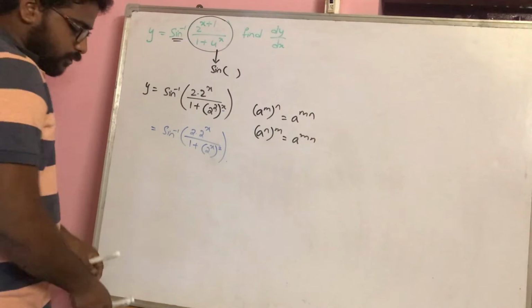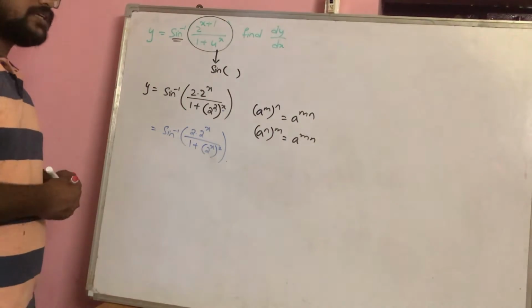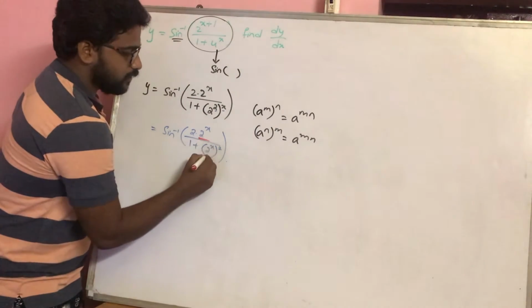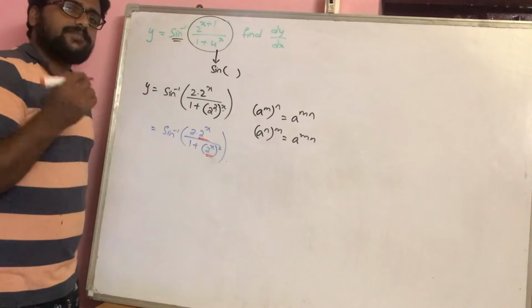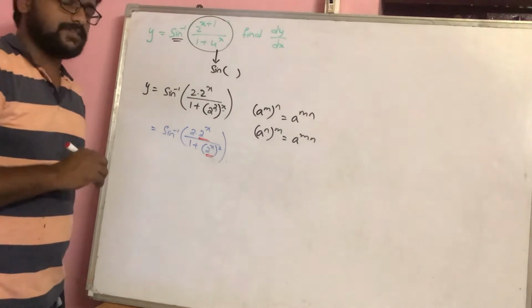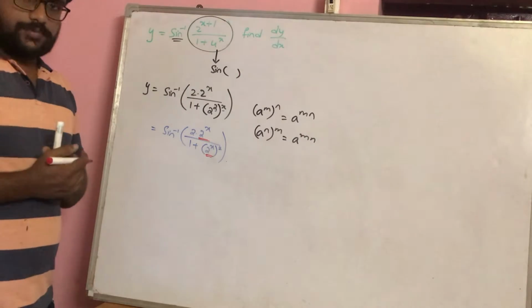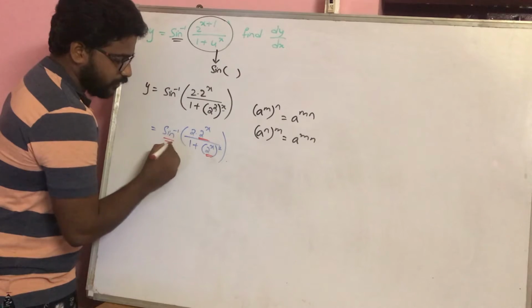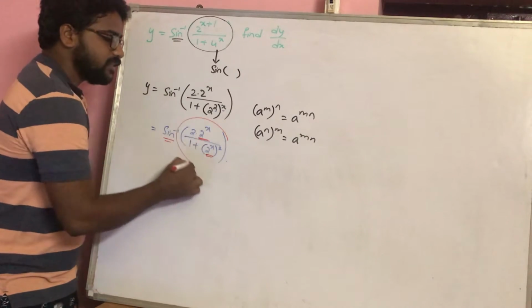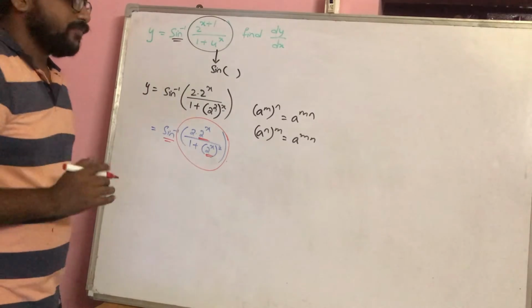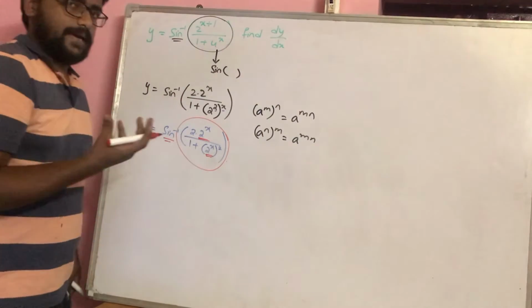Now you might have understood by this time the reason for me doing the swapping here. Simple logic: this is 2 power x, and this is 2 power x. That means there is scope for substituting some value for this 2 power x. What value do I have to substitute? So this question comes here. This is a sine inverse trigonometric function, meaning this inside function should be some formulation of sine theta, or sine of some angle.